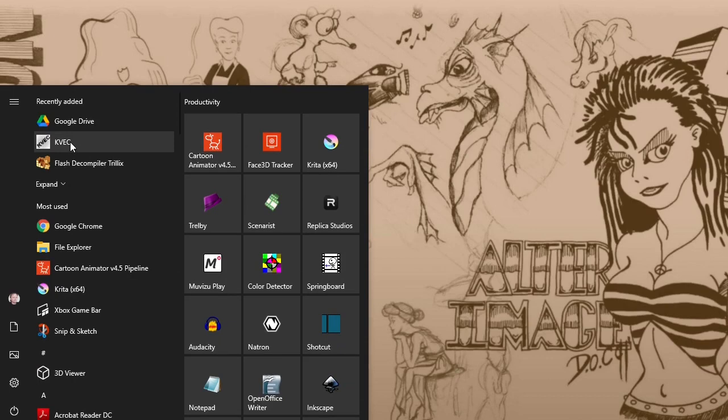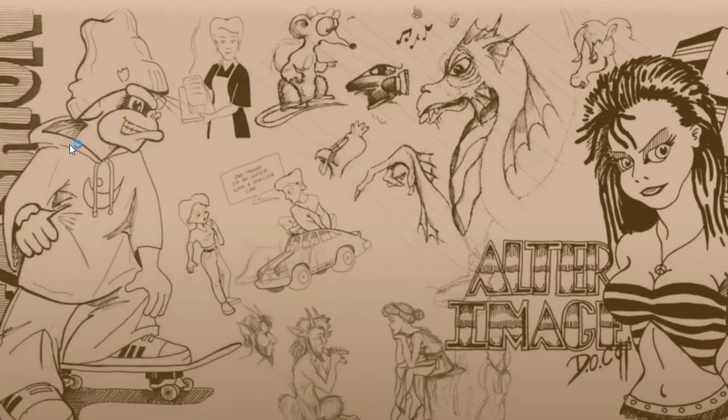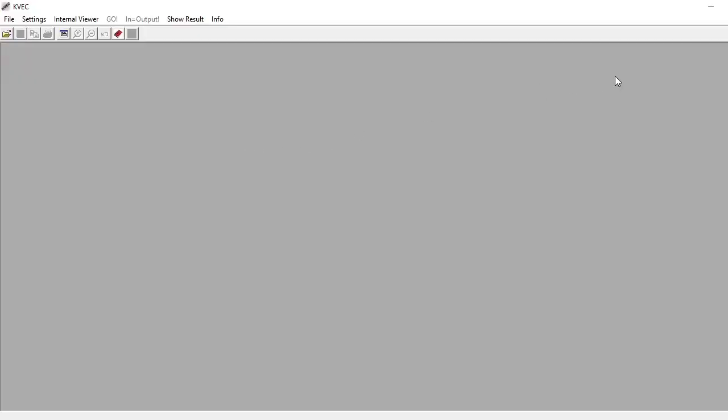And if you can get this to work on your machine, even if you're on a Mac computer and you want to run something in Windows emulation mode, definitely go this way. It's by far the easiest way to use this software, and it will make your life a whole lot easier, and you'll never have to use the command line version of this program. But you'll see in here,